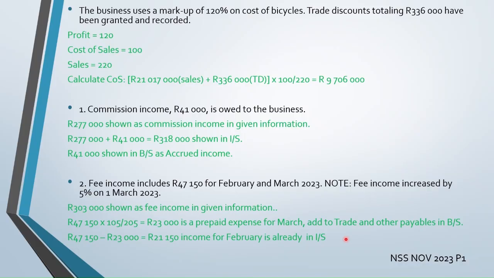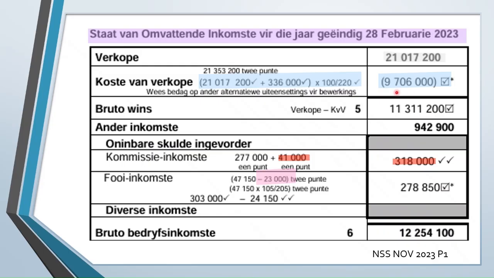So now we'll take a look at these answers on the memo. Okay, so this is the Afrikaans memo, but yes, we work with what we have, and this is the sales figure that has been given, and this is the cost of sales. I will translate it as well as I can, and it has been color coded for you to follow along easily. So here's the cost of sales figure that has been calculated, and then you take the sales minus the cost of sales to give your gross profit.